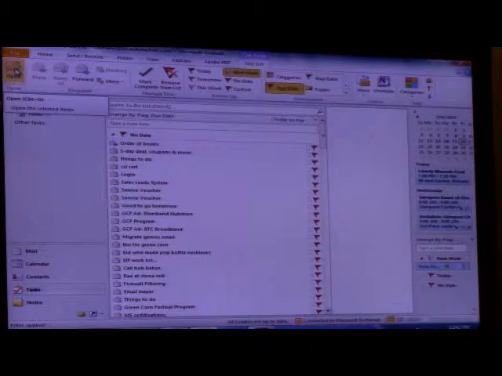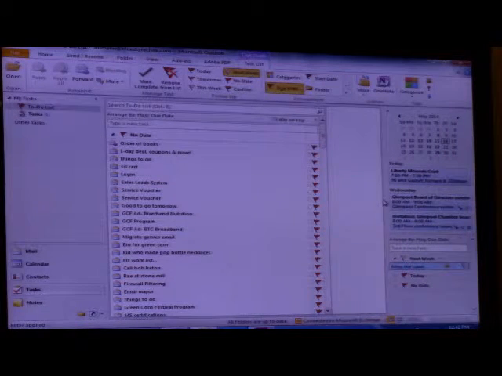Okay, so I don't know if I did set my reminder at 8 o'clock in the morning. I'm saving and closing. And you'll see that that task is over there on the right. Mow the lawn. Now, because this is an iPhone, if I go to my iPhone,